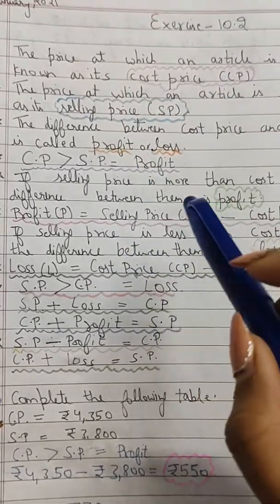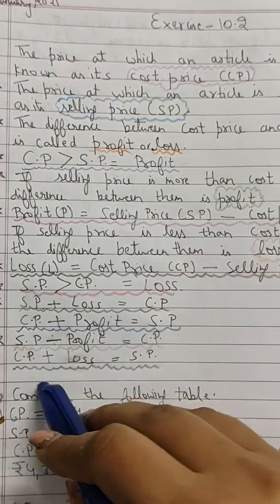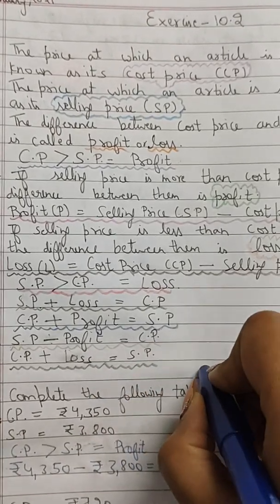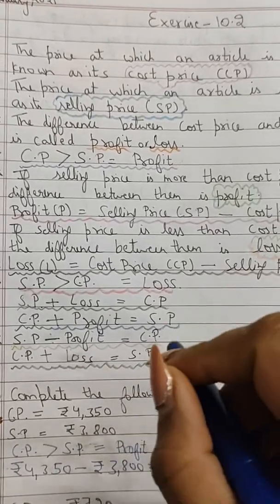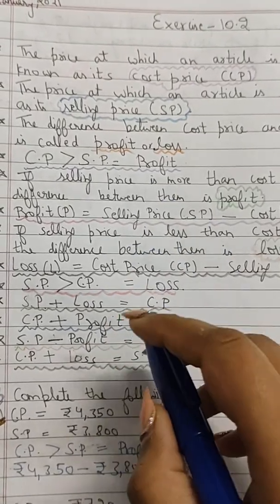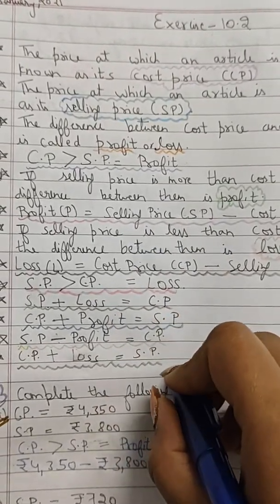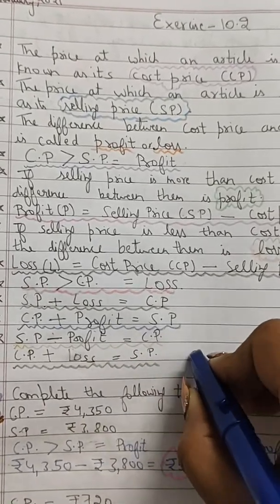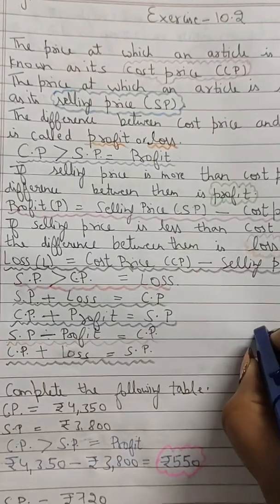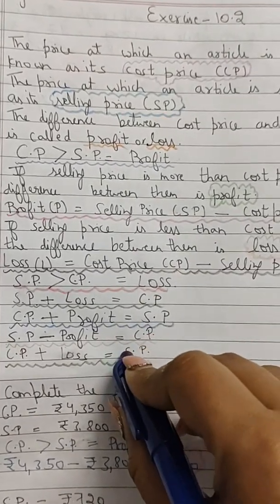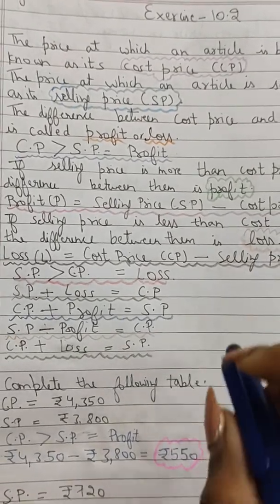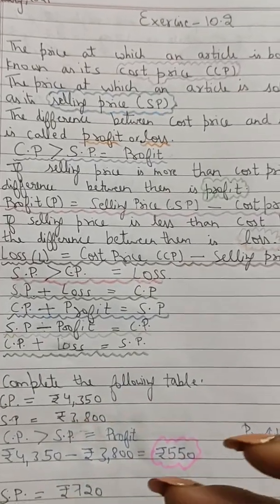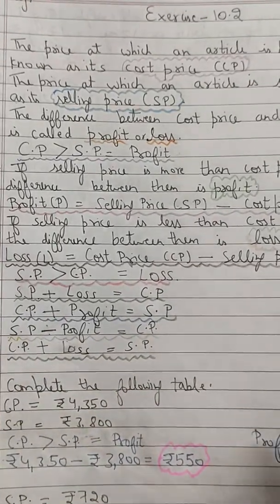Now as you can see, he has bought it at rupees 4 and he has sold it at rupees 5, it means that he is having a profit of rupees 1. Now sometimes the shopkeeper buys things at higher prices, but due to some reason they sell it at lower prices. So what happens when the CP is more and selling price is less? Suppose he has bought that chocolate at rupees 10, but due to some reason he has sold that chocolate at rupees 5. It means they are having loss.